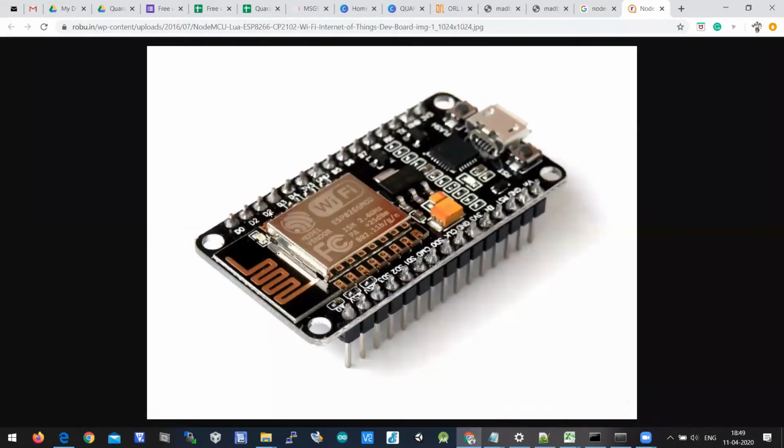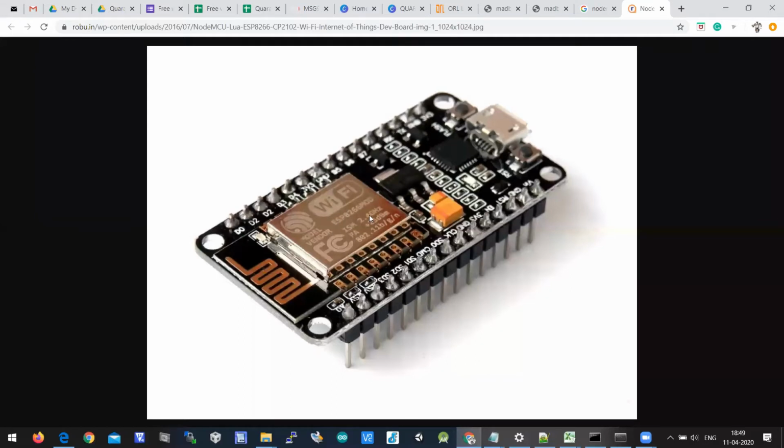This is called NodeMCU. NodeMCU will have multiple GPIO lines, D0, D1, D2, D3, and so on. It also has one serial port, and one I2C port is also available. And this is the Wi-Fi chip, where you can see the Wi-Fi symbol here. This is a Wi-Fi chip from the ESP8266 family. The 8266 is a bit cheaper when you compare it with the ESP32.